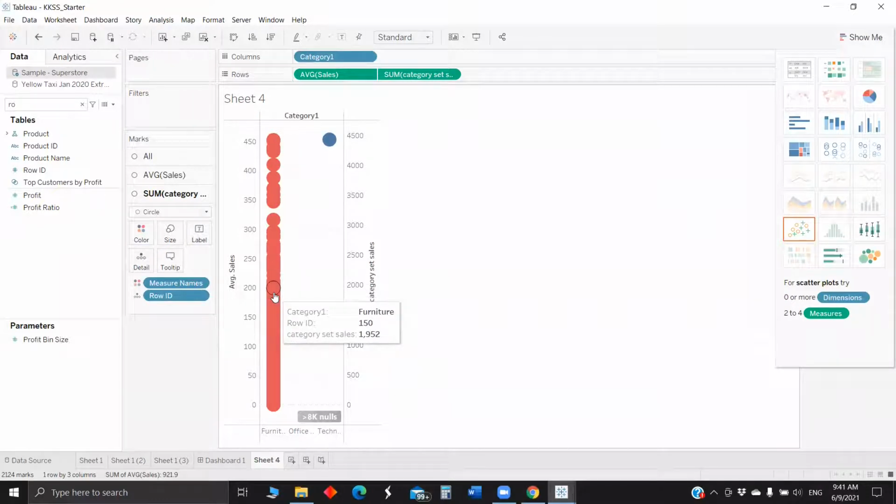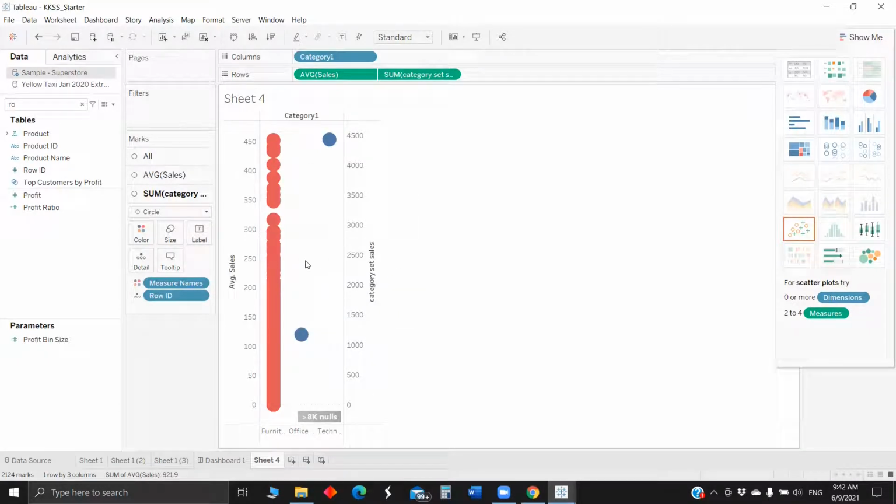Row ID represents the order number or something. If you look at row ID 150, the category set sales, furniture he has bought for 1952. Currently this doesn't look good, since everything is aligned on a single line.